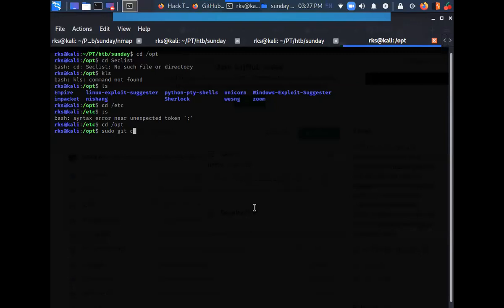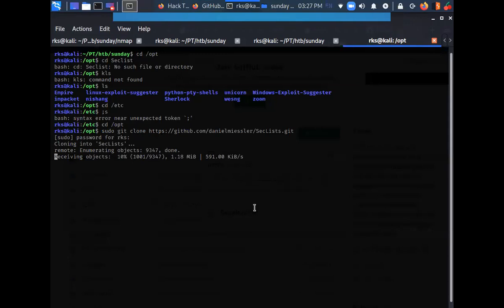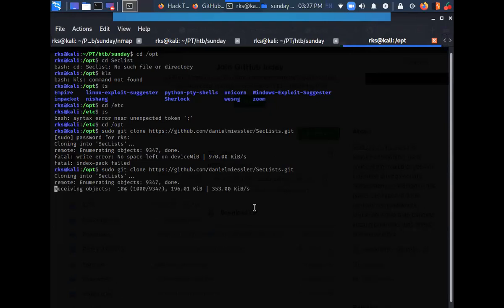Let's do git clone here. We can use rockyou.txt here as well, but instead we are going to use SecLists because SecLists provides us a better username and password list, which is way smaller than rockyou.txt.